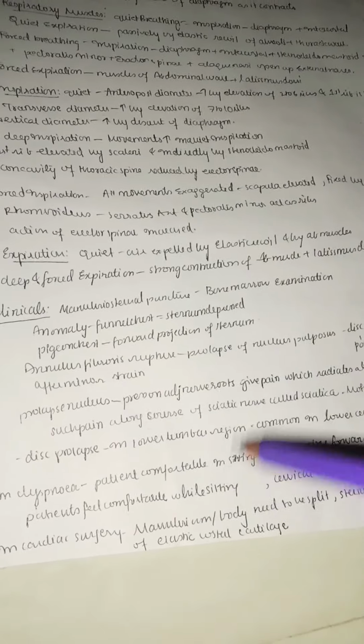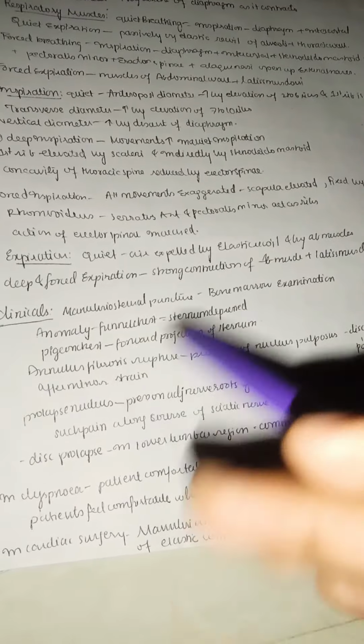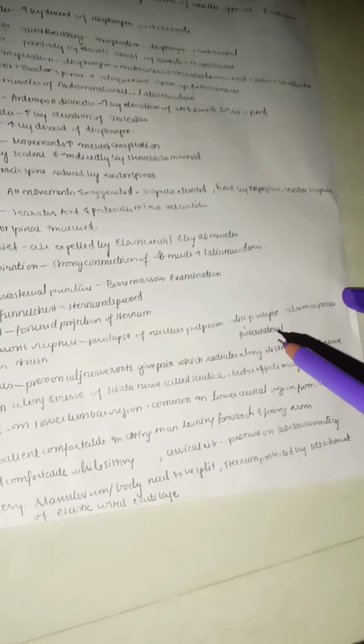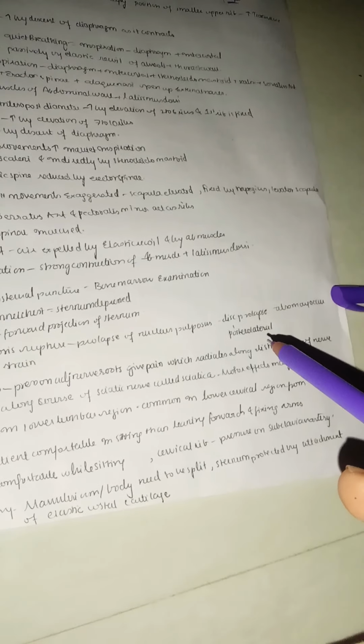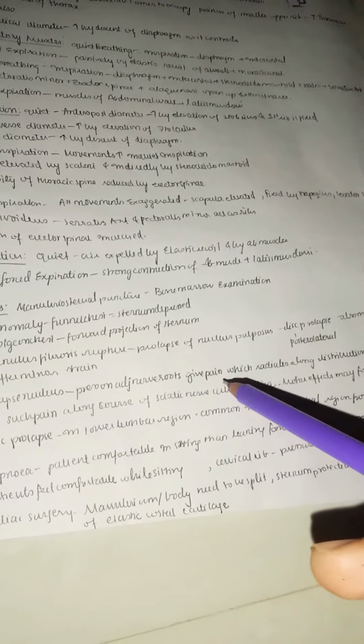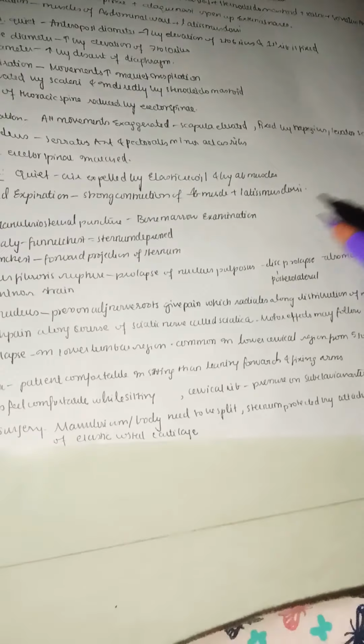And next we have annulus fibrosus rupture. So nucleus pulposus and annulus fibrosus are present in a vertebral disc. If the annulus fibrosus, the peripheral part, undergoes rupture, there is prolapse of the nucleus pulposus, because it is inside. You can see this is the prolapse of the nucleus pulposus. Disc prolapse is sometimes posterolateral, and may also occur after minor strain or minor injury. The prolapsed nucleus presses on adjacent nerve roots and gives pain which radiates along the distribution of the nerve. For example, you can see this prolapsed nucleus is pressing on this nerve and related pain will be observed in the patient.